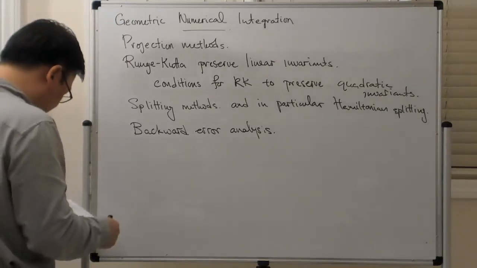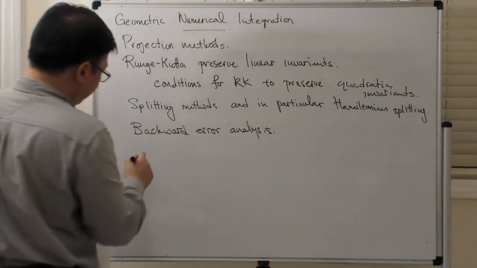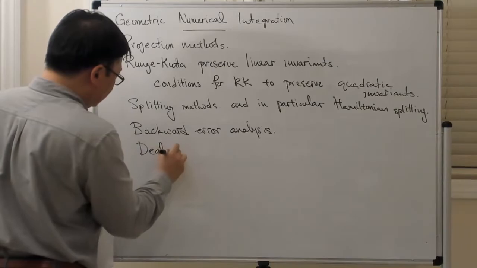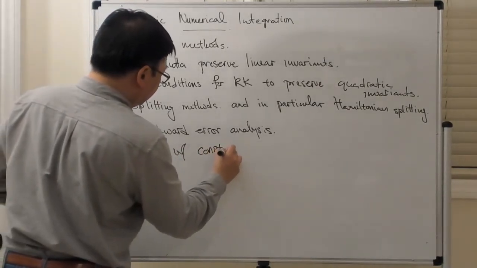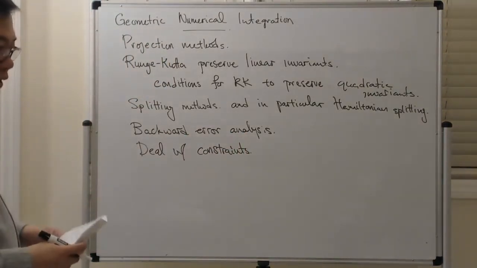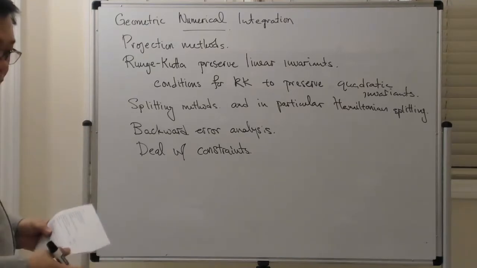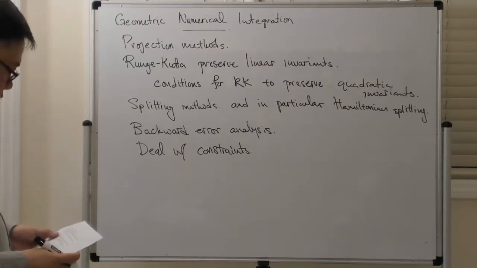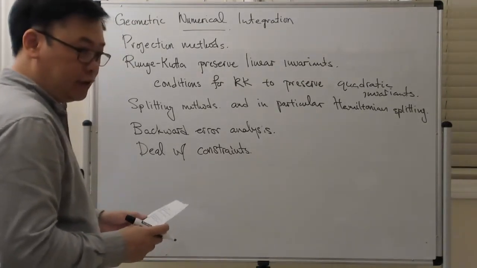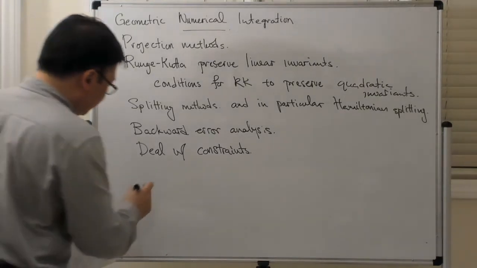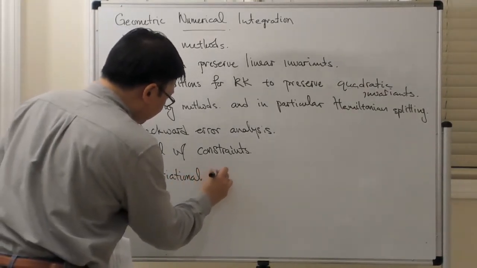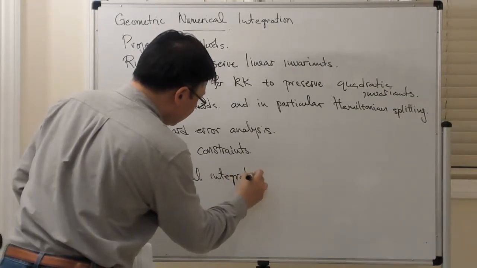Okay. All right. And we also discussed various constraint type methods. So we learned to deal with constraints, and of course there are all these methods based on Lagrange type multipliers. There were SHAKE and RATTLE type methods, if you have a Hamiltonian system. And then towards the end of the quarter, we spent quite a bit of time talking about variational integrators, and so this is an important class of numerical integrators or geometric numerical integrators,